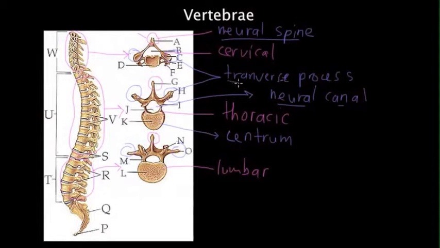Spine, the transverse process, the neural canal, as well as the centrum. The structure of the neural spine, the transverse process, the neural canal, as well as the centrum will be the ones that differentiate the three vertebrae here. All right. Now, another special thing about the first vertebrae, the cervical, is this is the only vertebrae that